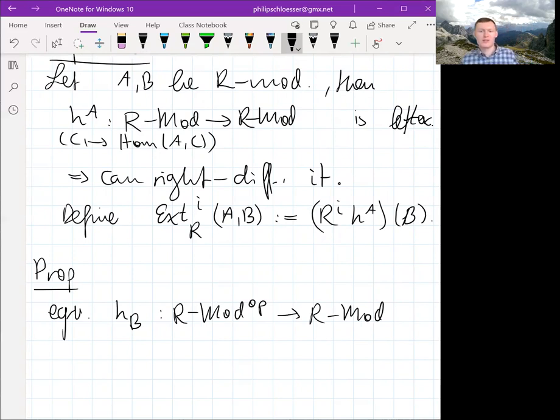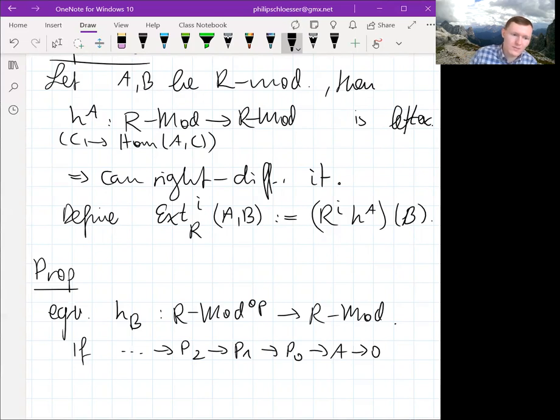Then we have to take an injective resolution in the opposite category of R modules, which means that we have a projective resolution that is then turned into a cochain complex. If P2, P1, P0, A to 0 is a projective resolution,